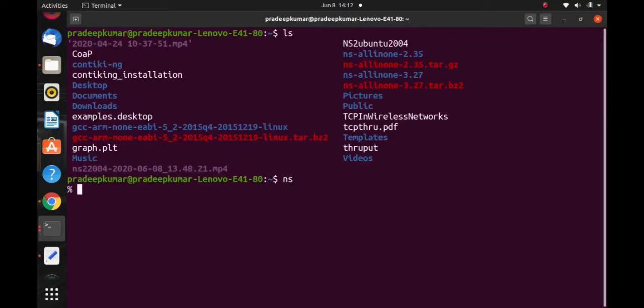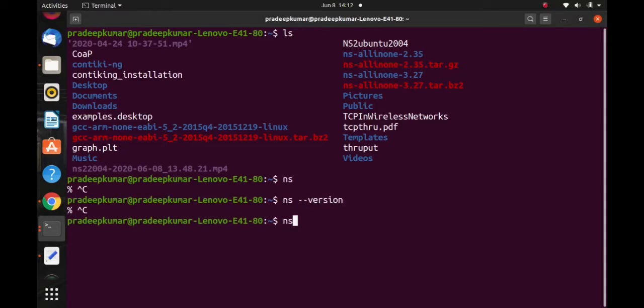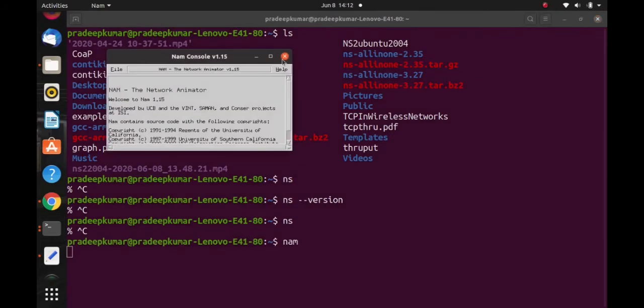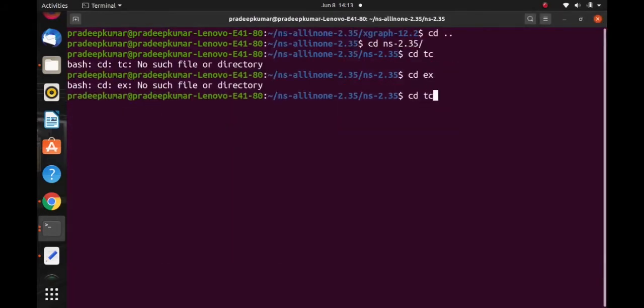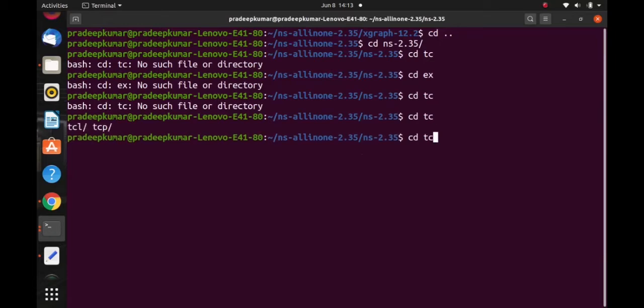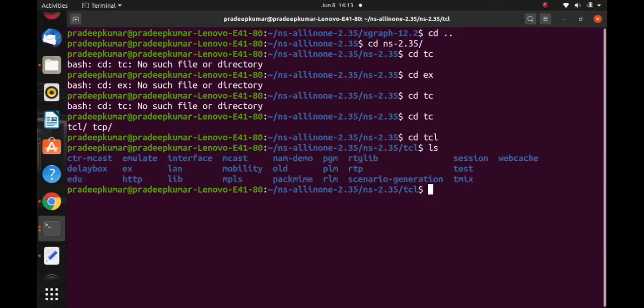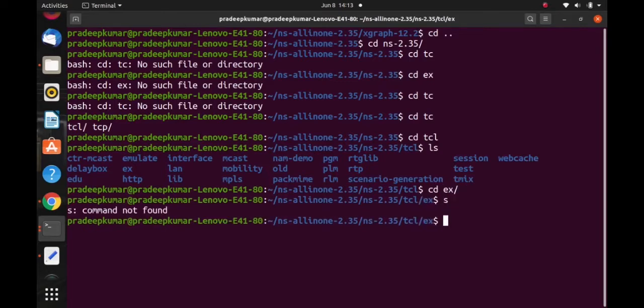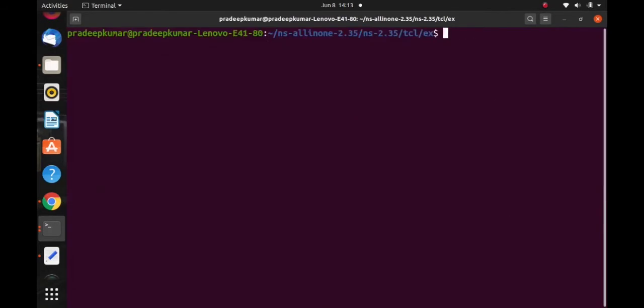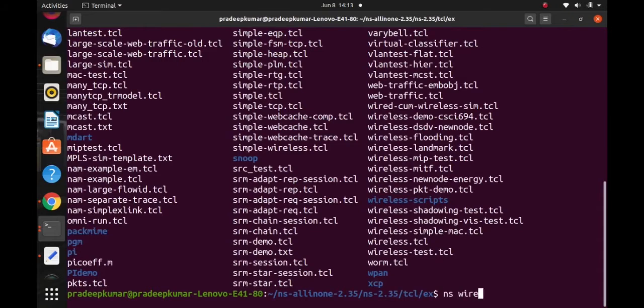Now ns is installed, so I got the percentage symbol. ns -version, then ns, and nam, the network animator, so the window also gets opened. cd example, cd tcl, then cd ex, then I can use ns wireless-mitf.tcl.